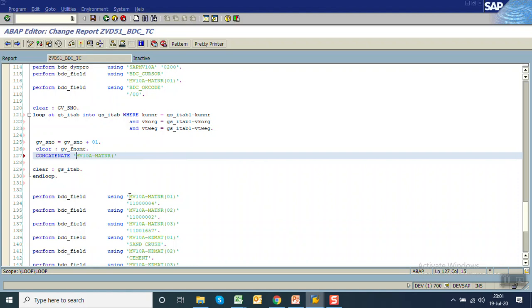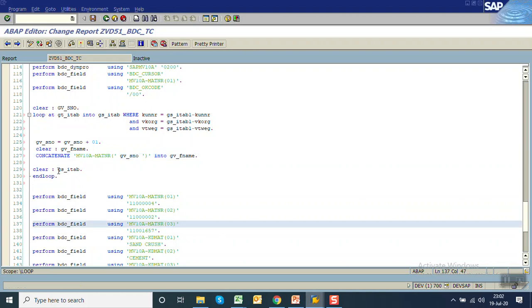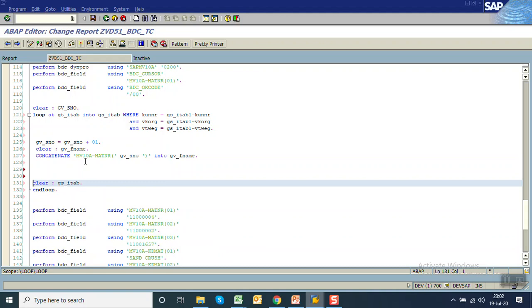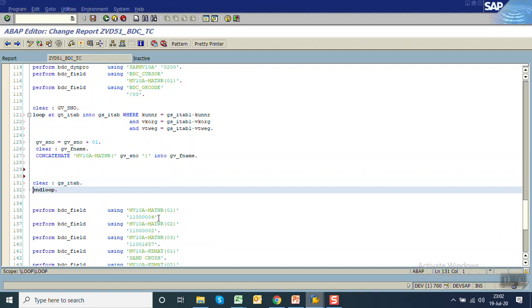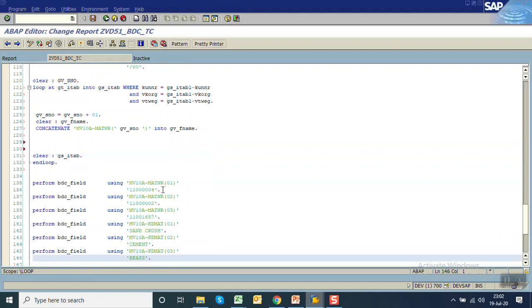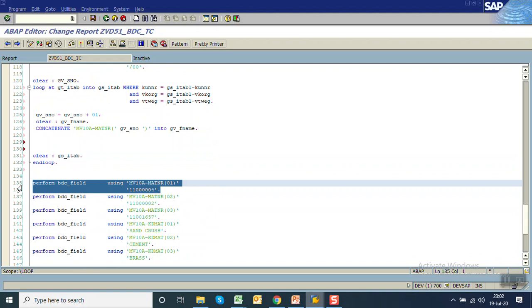This will be a static text, only 01, 02 going to dynamic, space gv_s_number, then the closing bracket, into gv_f_name. What we are doing here, we are creating this field name dynamically. Now what we have to do, we'll copy the same code inside that loop,